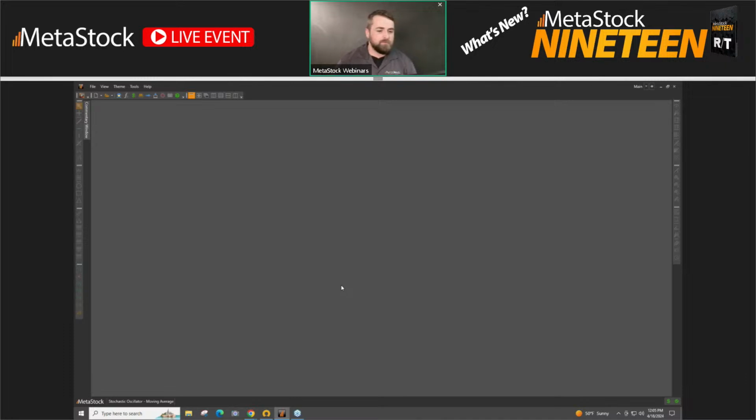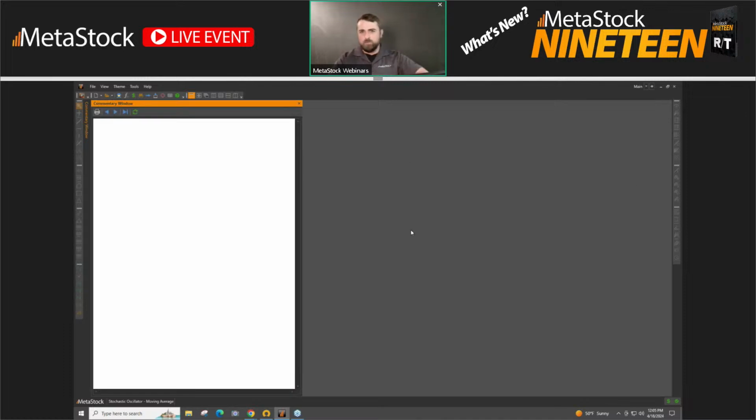You might remember back in version 18, we released a bunch of themes for your charts. Well, that made a lot of people start to ask, what if I want a theme for all of MetaStock, if I maybe like the light mode or the dark mode? So now, if you come up right here into theme, we have a MetaStock dark as well as a MetaStock light option available, and you can change that. Currently, I have it as dark. I believe it's set to match whatever your Windows theme is. Because that's changing everything, including the full container, it would close MetaStock and open it back up. But I'll just be keeping it on dark mode for today's presentation.